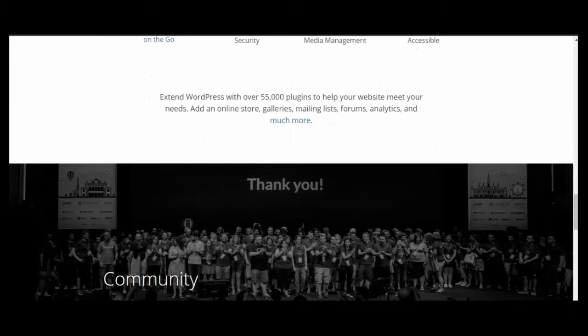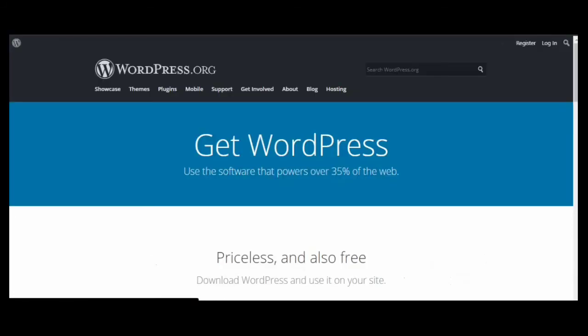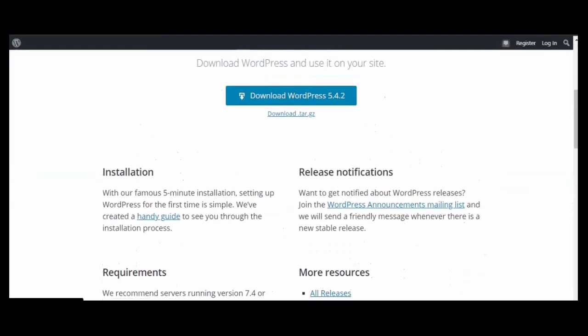Scroll down and click on Get WordPress. So this is the latest version of WordPress available, 5.4.2. Now download it. I already downloaded WordPress 5.4.2. So I'll just install the files in my www folder.